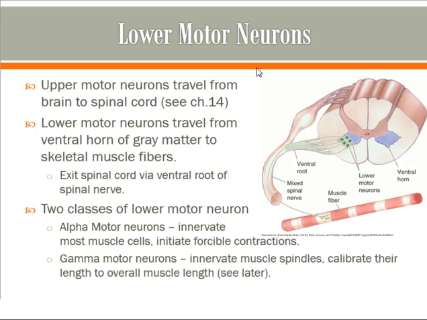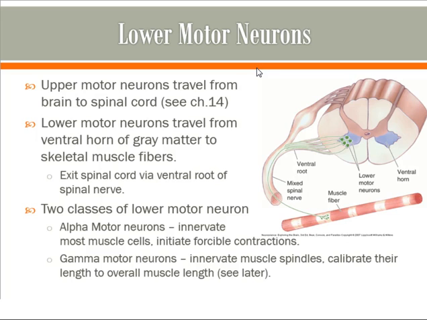So this is where we have these motor neurons leading to skeletal muscle housed. They will then give off axons, which will carry information out the ventral root of the spinal nerve, through the spinal nerve, and then ultimately those axons will travel to muscle organs, where they'll start to split off into collaterals, and ultimately you'll have innervation of individual muscle fibers down here. So it's the lower motor neurons that emerge from the ventral horn of the spinal cord that are directly forming synapses with the muscle fibers. There are 2 classes of these kinds of motor neurons. Of the lower motor neurons, there are 2 varieties. The main ones are the alpha motor neurons, which that term was on the prior slide as well. Most muscle fibers are innervated by alpha motor neurons.